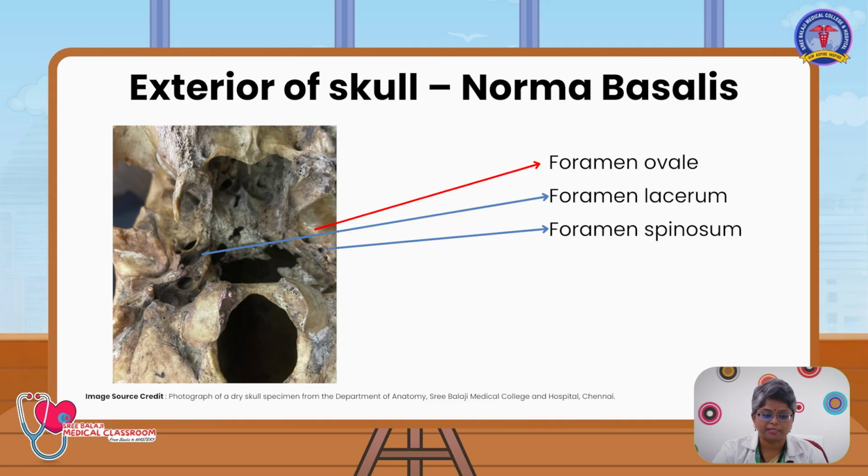Next is the foramen lacerum. It is located between the sphenoid and the apex of the petrous part of temporal bone, and it transmits the internal carotid artery, which traverses its upper part with sympathetic and venous plexus. Coming to the squamotympanic fissure, it marks the junction of the squamous and the tympanic parts of the temporal bone,